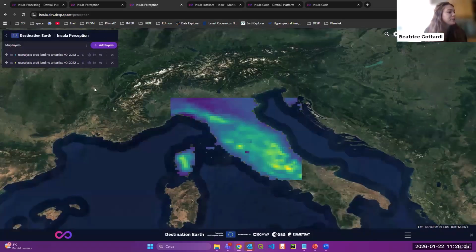From here, from Insula perception, you can also play a lot. Here you don't need to code. The user is basically really interacting on the maps on the cloud. That's very interesting. You don't need to download anything to visualize and analyze briefly some images. You can immediately look for them, changing, highlighting